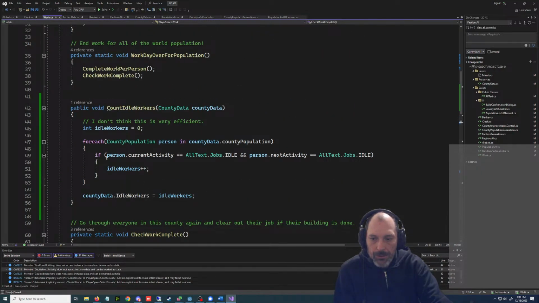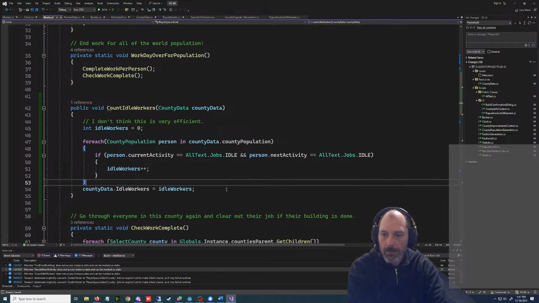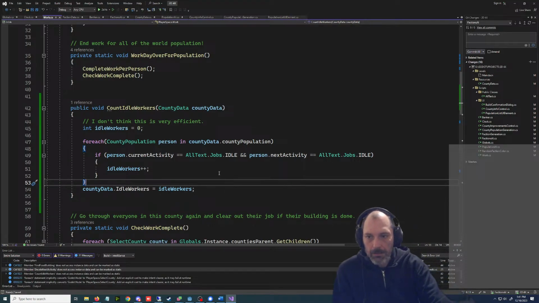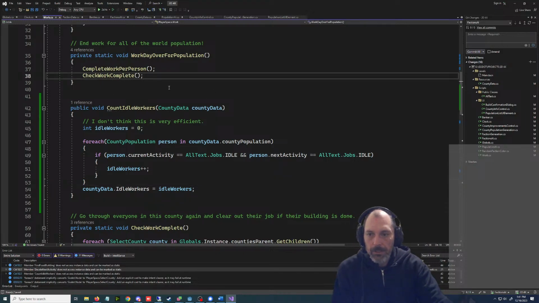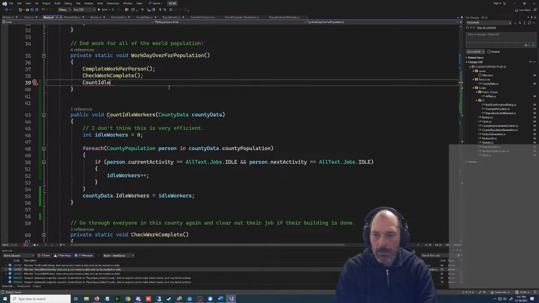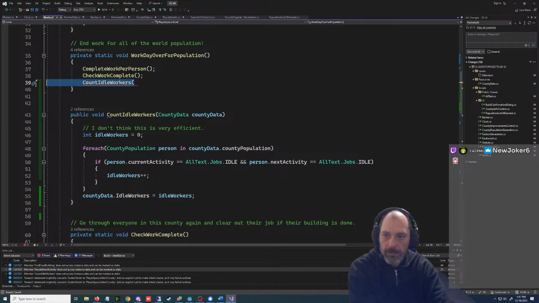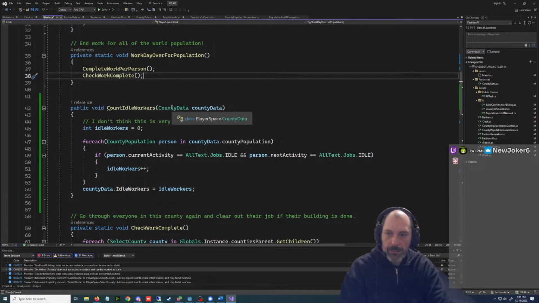County data equals idle workers. And then when does this get called? Count idle workers. Now we have to pass in the county data though. We can't do it here. We need to do this.